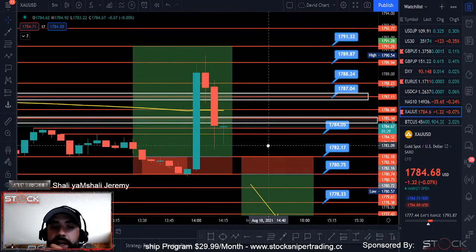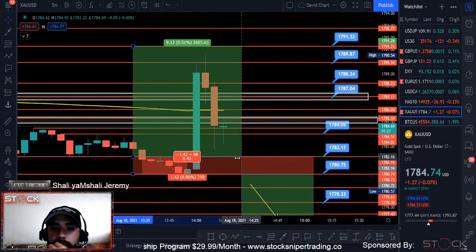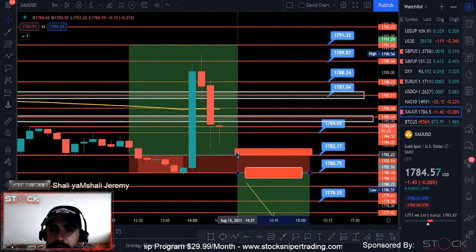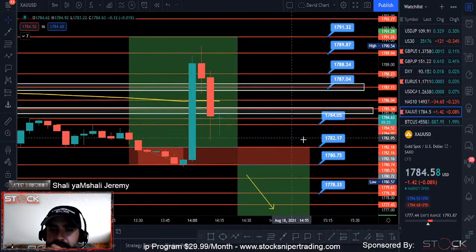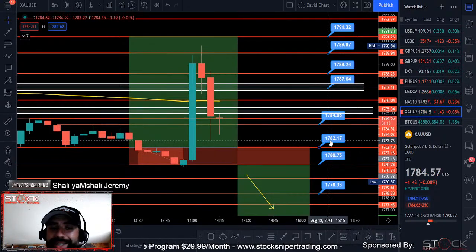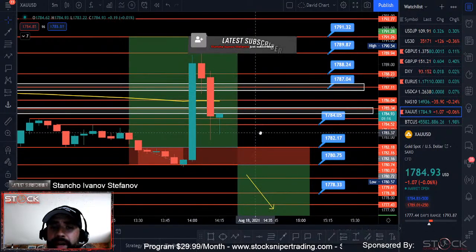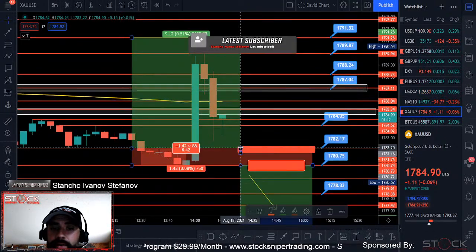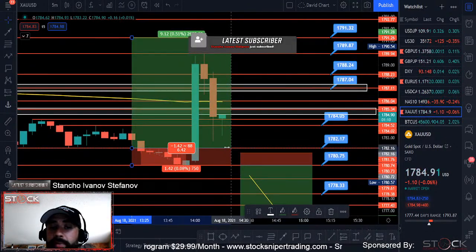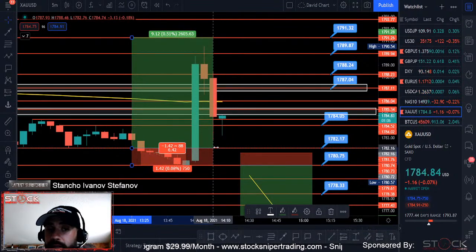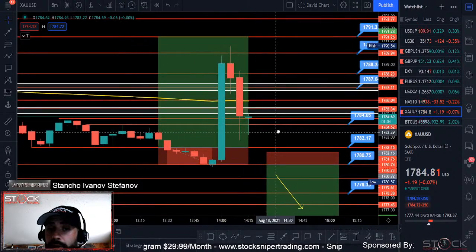So we're not looking for anything kind of a sell yet. We'll wait. It closed below the 200 though, okay? So keep that in mind. But like I said, 1782.17 is roughly the stop loss, and the entry could be 1780.75. If you're thinking this is going to be a buy again, you can look at maybe doing another potential entry on your own, but this is still a lot